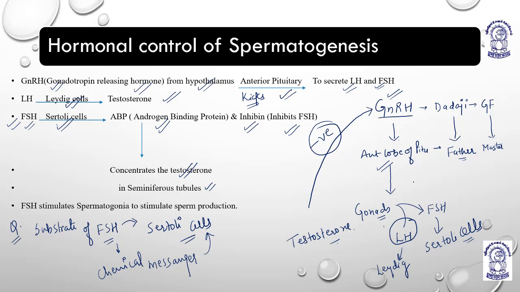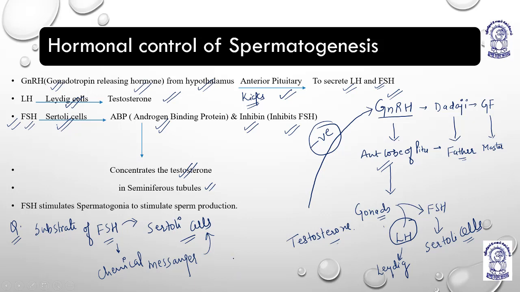Okay. If the levels of FSH are high, it means more and more spermatogonia will be converted into the primary spermatocyte. They will further proliferate, they will make more and more sperm mother cells. So everything needs to be controlled. Okay, and this control is basically pursued by the feedback mechanism. Okay, now coming to next,